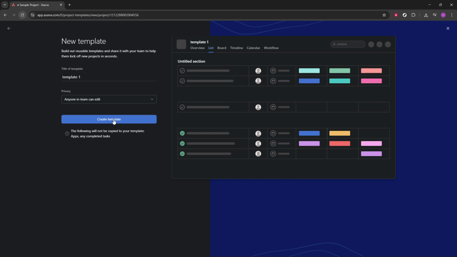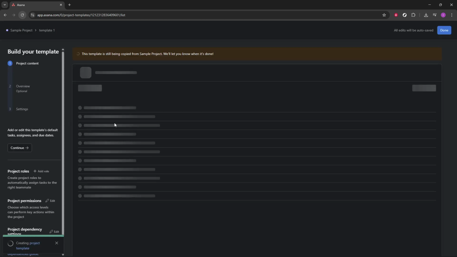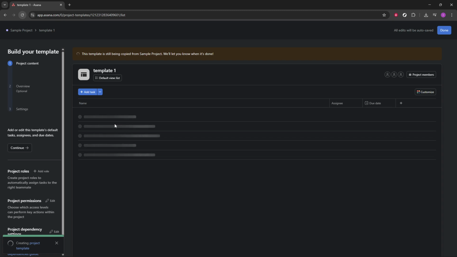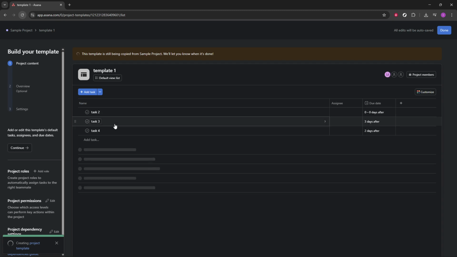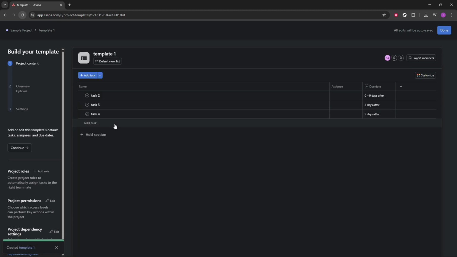When everything looks good, click Create Template. Asana will create the template and add it to your workspace or organization's template library. The next time you or a teammate starts a project, you'll be able to select this template to spin up a consistent, ready-to-run workflow in seconds. That's it, your standardized process is now codified as a template, making setup faster, collaboration clearer, and outcomes